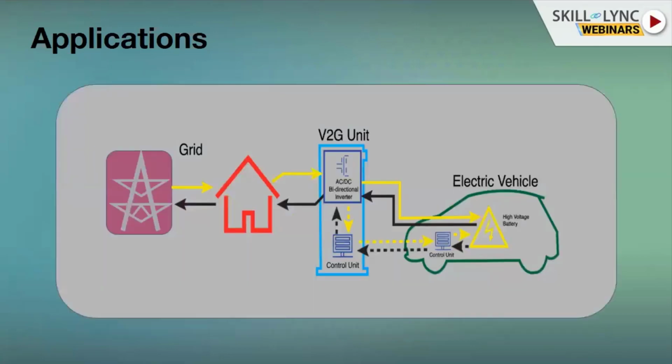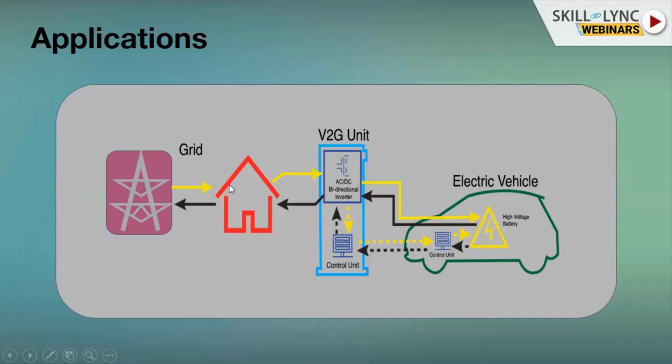The next application is again with your electric vehicle shown over here. The main source of energy in an electric vehicle is going to be the battery. So the battery has to be charged, and then when the vehicle is propelling, it is discharging. So for charging, the energy is being taken from the grid, the main power supply. You can charge it in the residential place itself. So through the house, you're just getting it, and this is going to be the V2G, vehicle to grid unit. So you can either charge or you can feed that particular energy from the electric vehicle to the grid also.